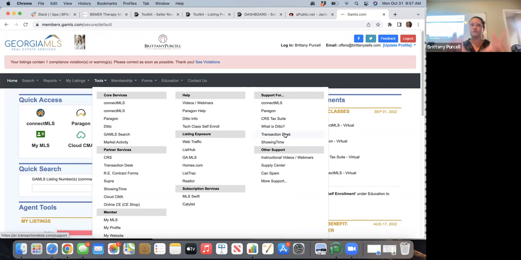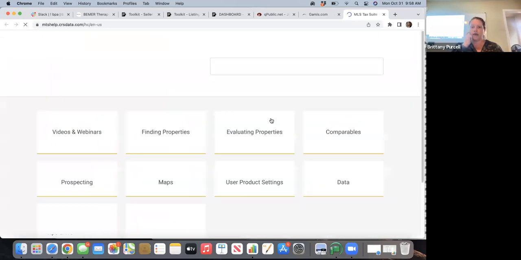Same way, I just go to Safari and I open up Georgia MLS, I go to Transaction Desk. I can write a whole contract in about 8 minutes from my phone with Transaction Desk. But if I was trying it from any other service, I wouldn't be able to do that. It'd be too much, moving things around. But the other thing that's in here is CRS Tax Suite. So if you click on that,